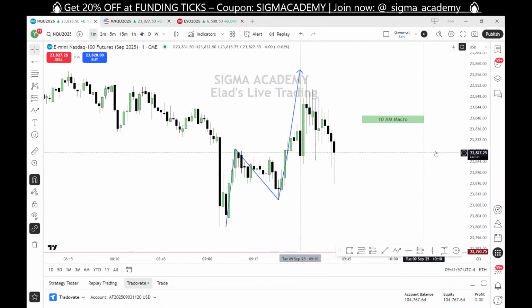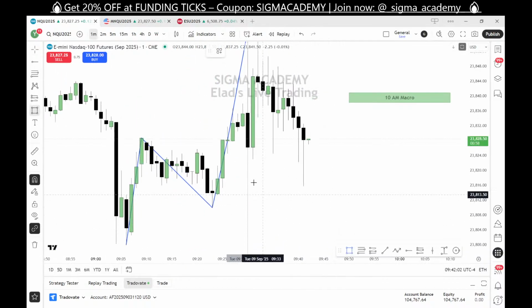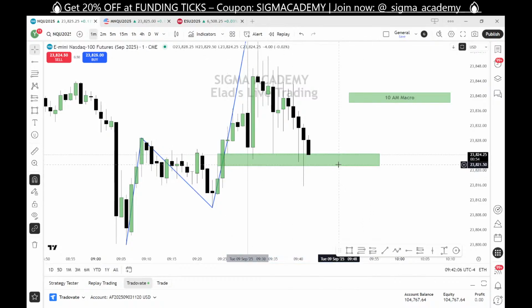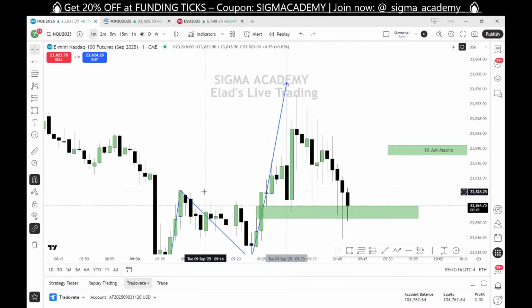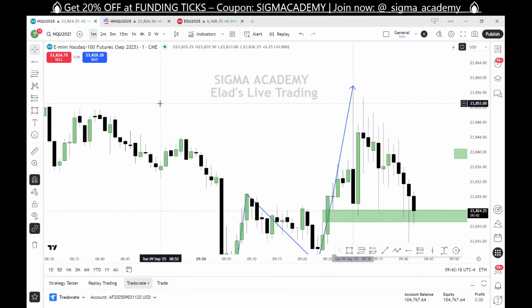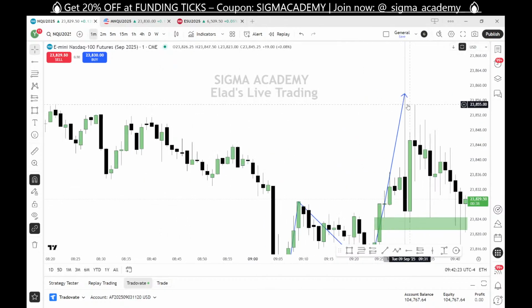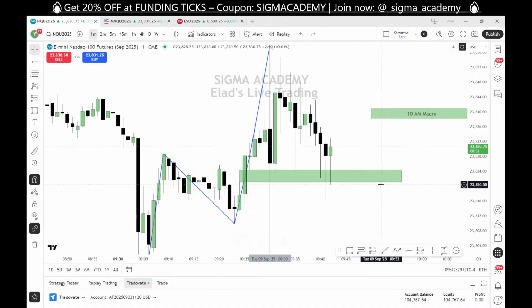Also pay attention to this fair value gap. Once you have a fair value gap, you have a little bit more clear view of the market, because this is the breadth before we are attacking the highs, like this one and this one and this one and this one. As you can see, this high took all of these highs. So we are a little bit bullish for now.